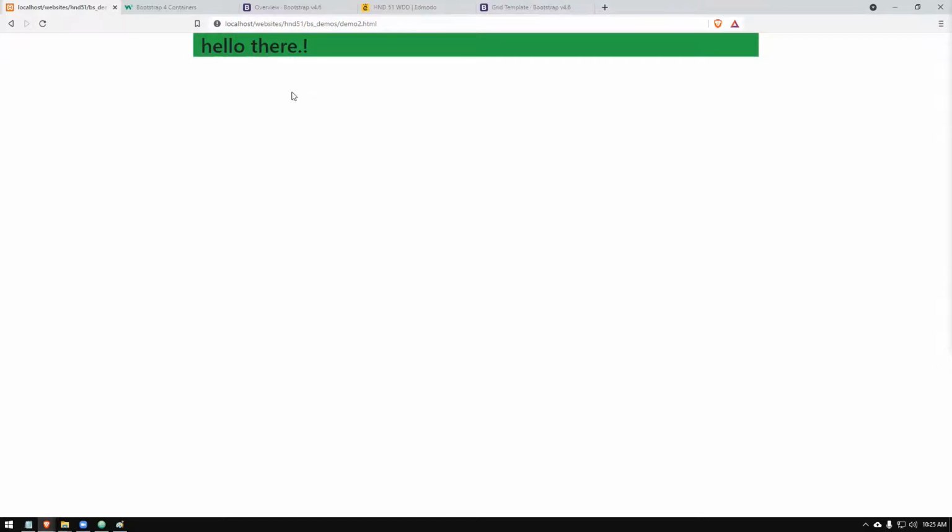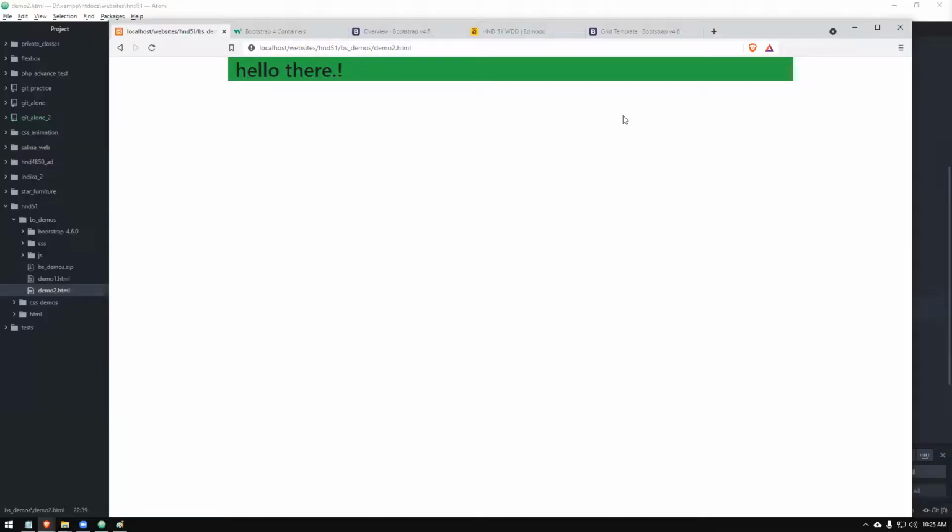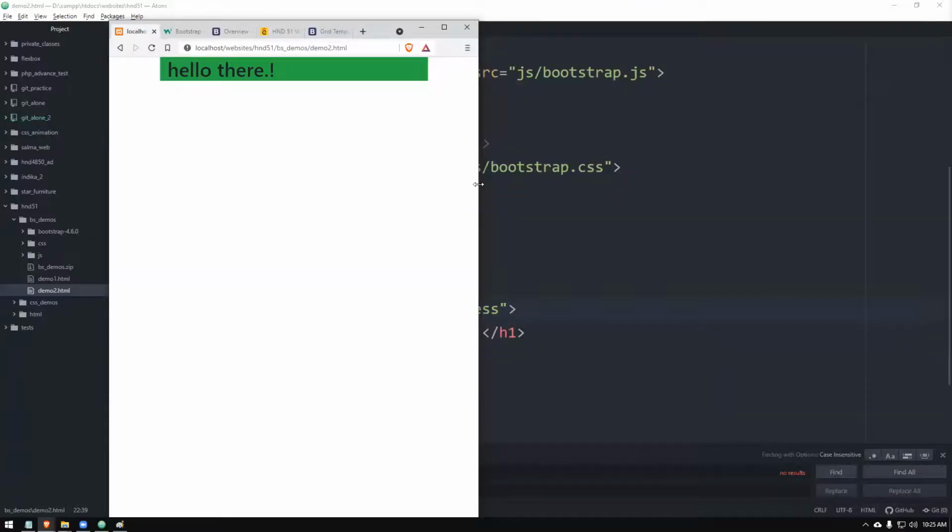If you are not sure, you can copy paste this into Photoshop and measure it. So 1920 is my total resolution, and you can see on either side it's leaving some space. If it is a small screen, then it will just try to adjust. Let's see. In a small screen, it is becoming smaller than that. See, medium size, it's smaller than that. You have to understand how it will look on a tab and on a phone.